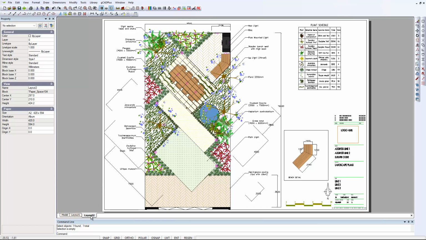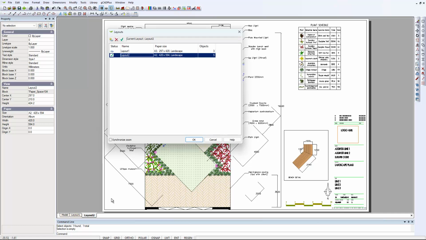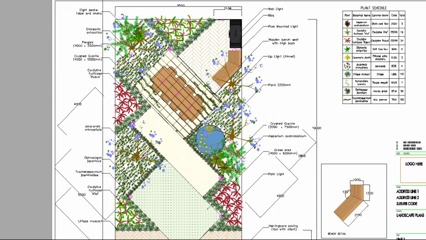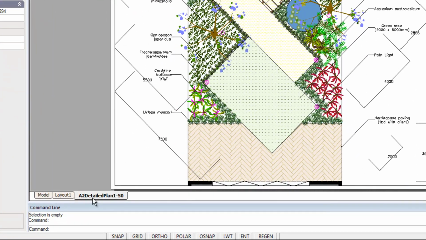We can select the tab and go to the Layouts Manager, again click in here, and I would encourage a more meaningful name. Notice it's an A2 sheet, so why not say A2 detailed plan, and we'll put the scale in, it's 1 to 50, so we'll say 1 to 50, and hit Enter. Now when we do that and say OK, notice now we've got a tab and a name on that tab